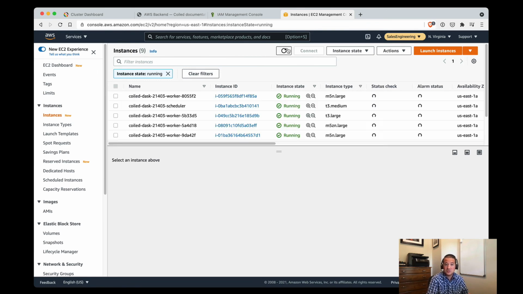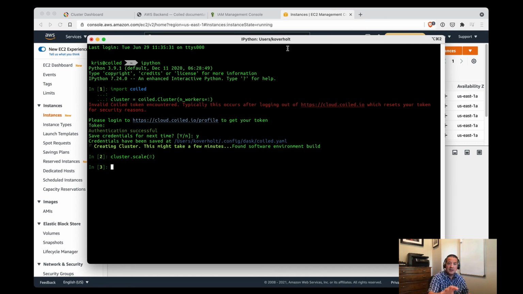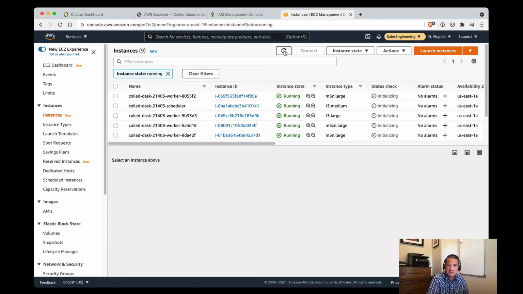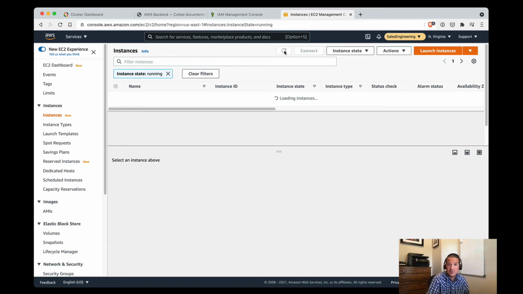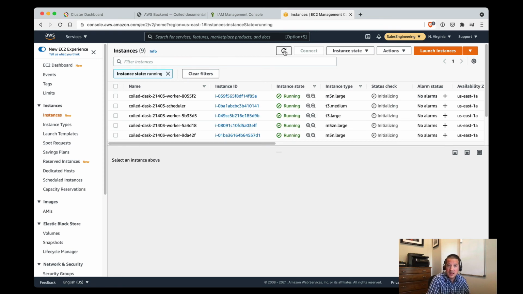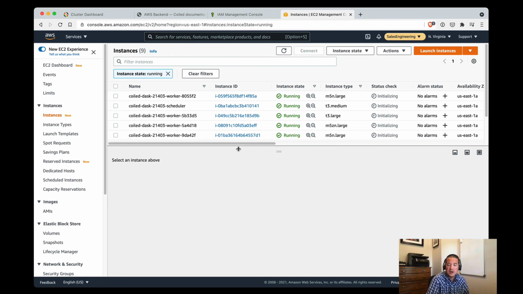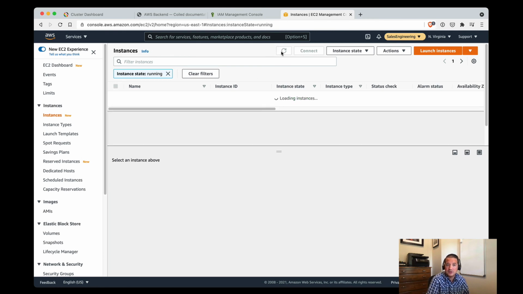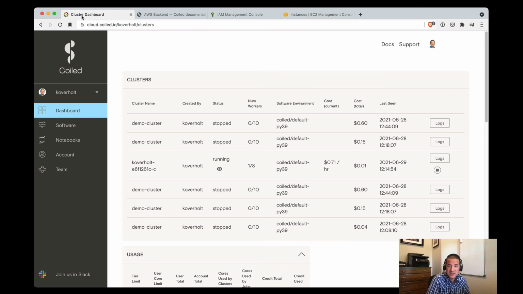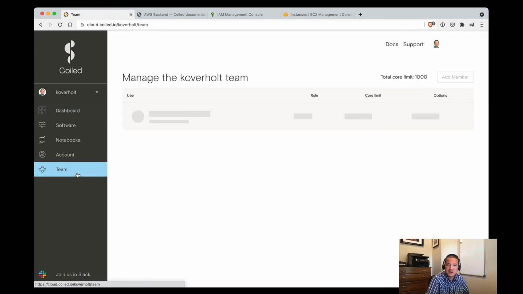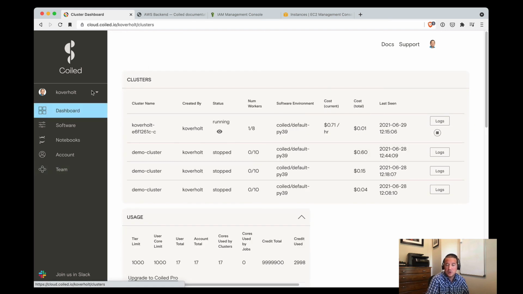So this is really nice, that I can just work with my Coiled API in Python and have all of this other AWS infrastructure DevOps happening on the back end. Those instances are coming up and down. This cluster will get terminated either when I close the connection or it will time out by default after 20 minutes. You can configure that idle timeout however you'd like. Another thing to note is that any team quotas that I've set, if you're working in a team account, there's a total core limit and a user core limit. So those would also be respected to limit what kind of spend and resources you're spinning up